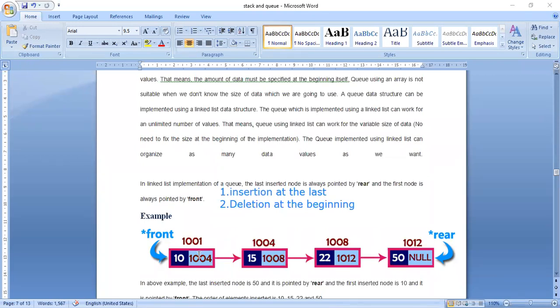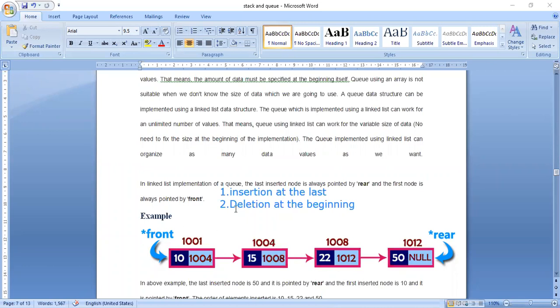So first what he has done, he inserted 10, the node 10, into the linked list. Next, he inserted 15 to the last in the linked list. Next, he inserted 22 in the last of the linked list. Next, he inserted 15 to the last of the linked list. Okay. Again, if I want to do the deletion, so what will happen? Deletion, I will delete 10 first, next 15 first, next 22, next 15.